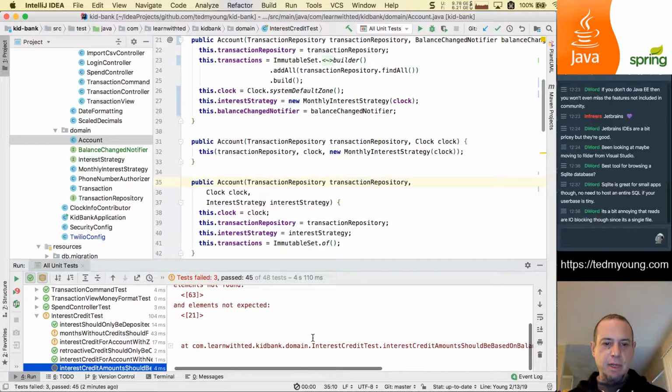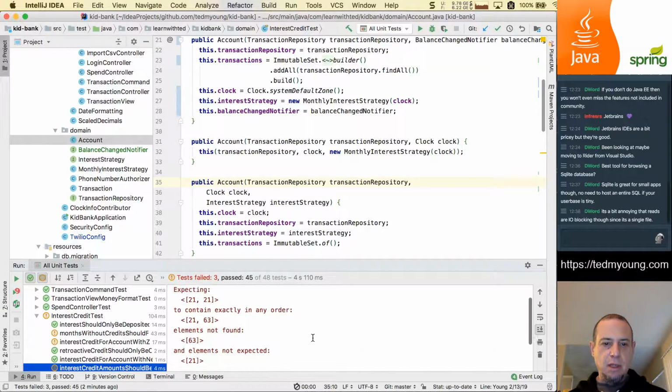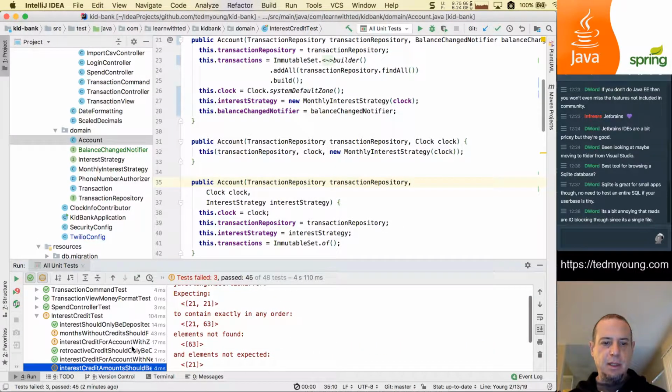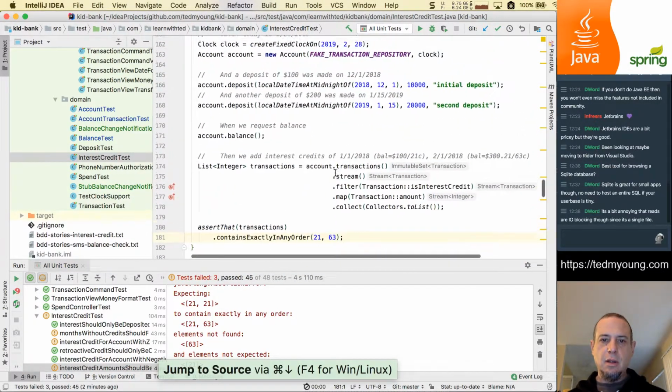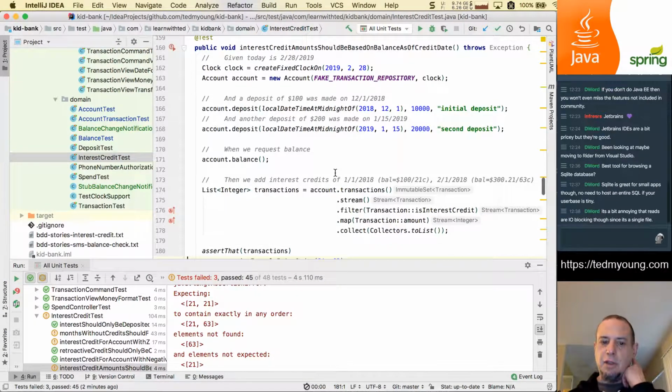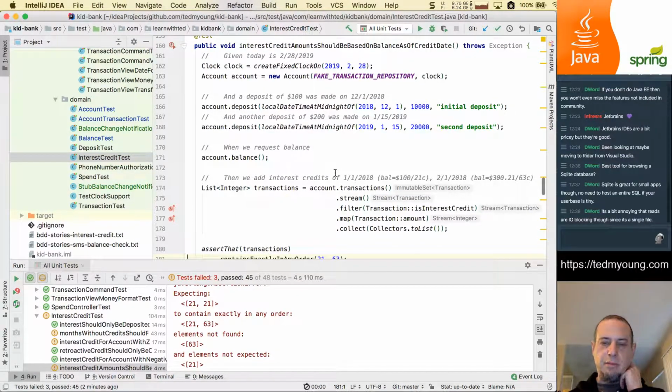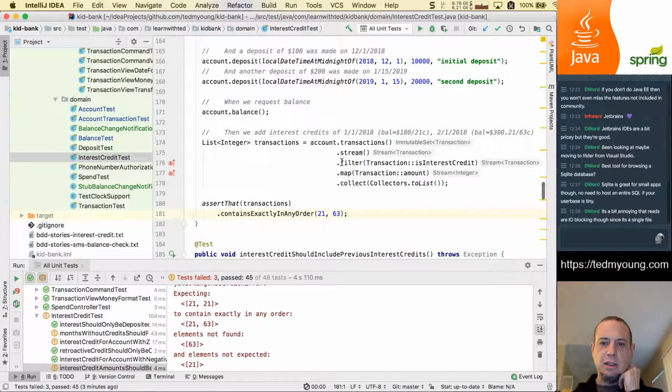So this test is failing because, if we go back to this test, this is expecting interest to be credited, but it looks like interest is not being credited. Right? We created a fixed clock. We have a fake transaction repository. We deposit on December 1st. We deposit on January 15th. When we request the balance, we expect